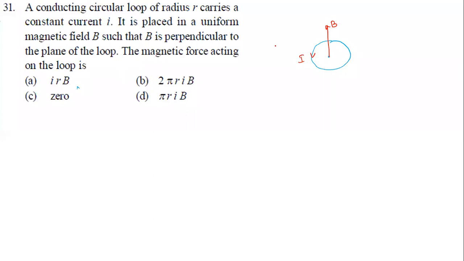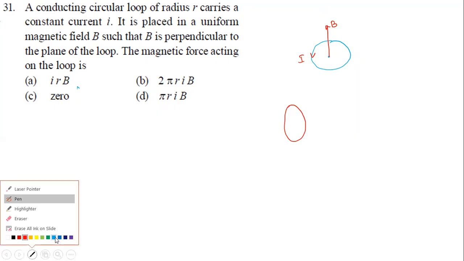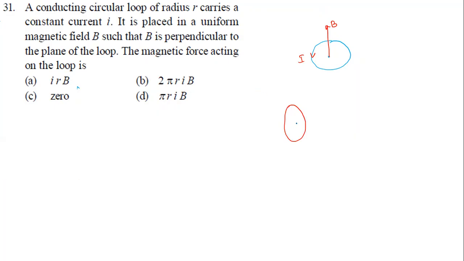Look at this. If you take any part of the circumference of the wire, the magnetic field is acting vertically upward. Yes or no? Yes, the magnetic field is vertically upward. If I draw another simple diagram, the circle is like this, and the magnetic field acts perpendicular to the plane of the coil. I'll take the magnetic field like this, B, perpendicular to the plane of the coil.